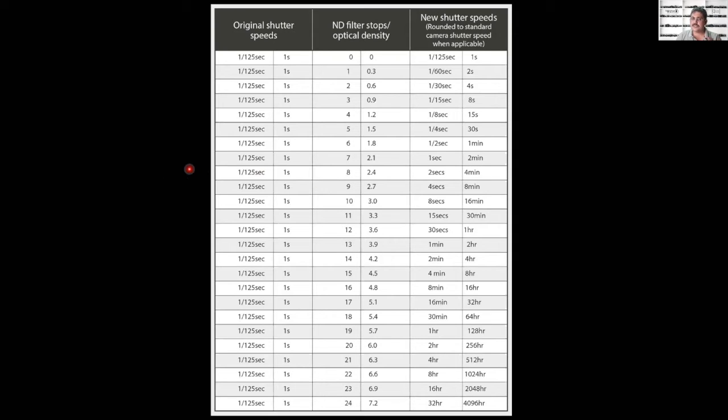So this is the sort of extent of shutter speed what we can get using that one single filter. So by changing your shutter speed to whatever you want, or changing your ND filter to whatever you want, you can get how much of long exposure photograph you want.